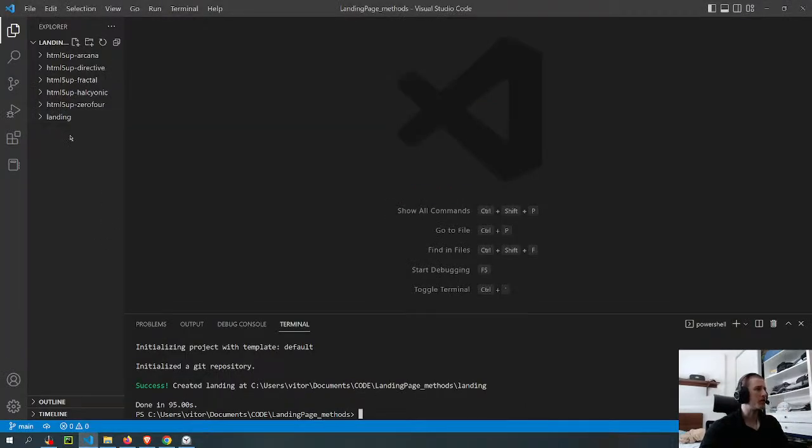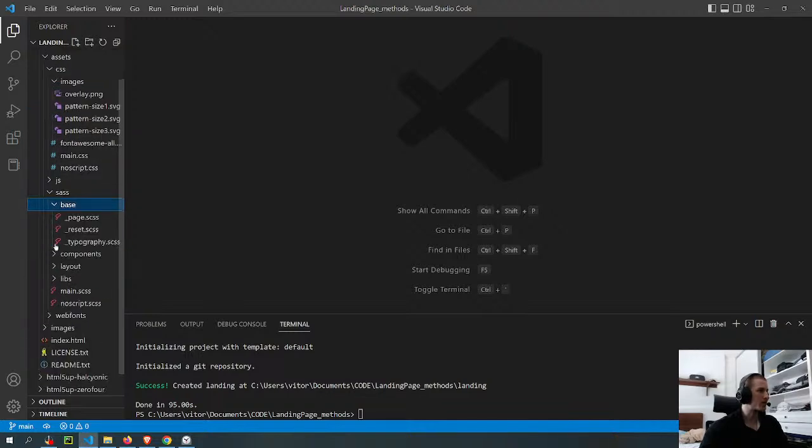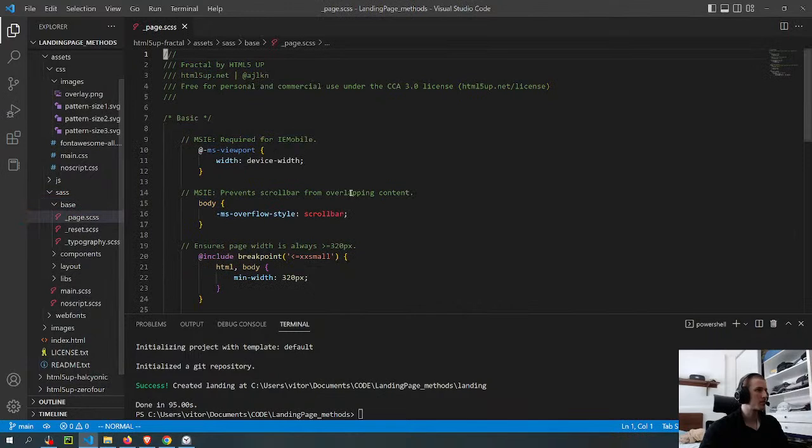Yeah, I don't think I need the tutorial actually. You just look at the code and then figure it out. But I'm gonna look at it anyway. They are using Sass for the CSS.